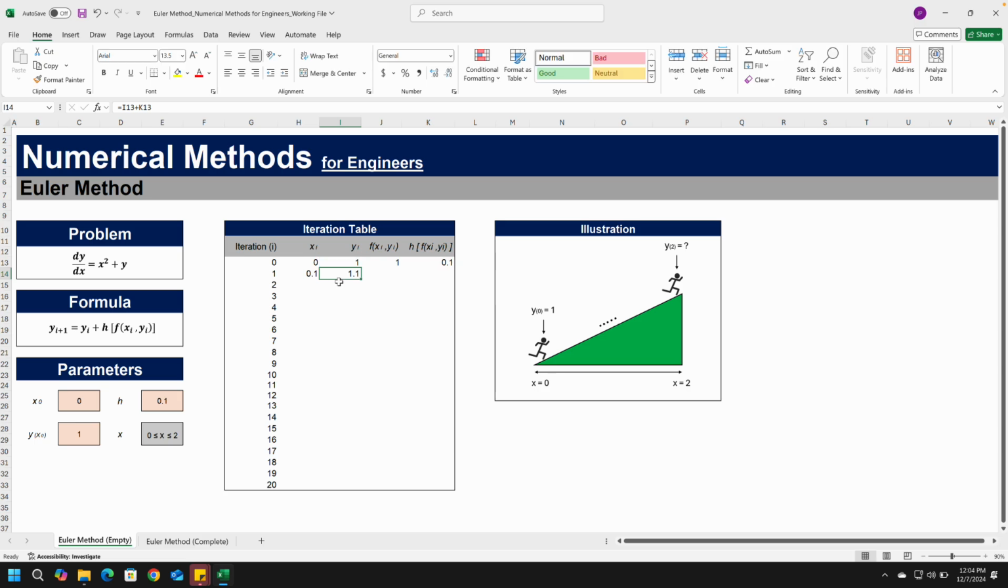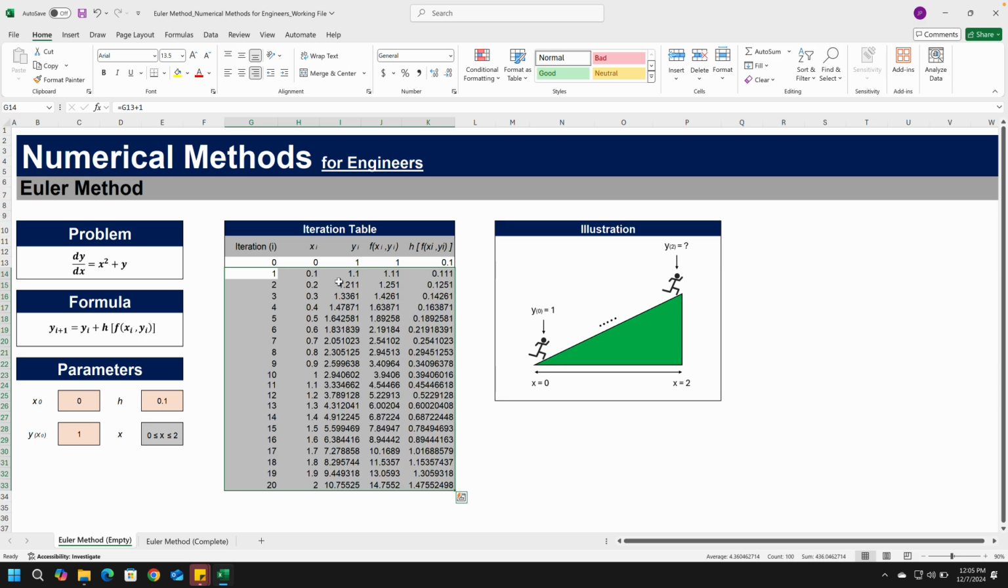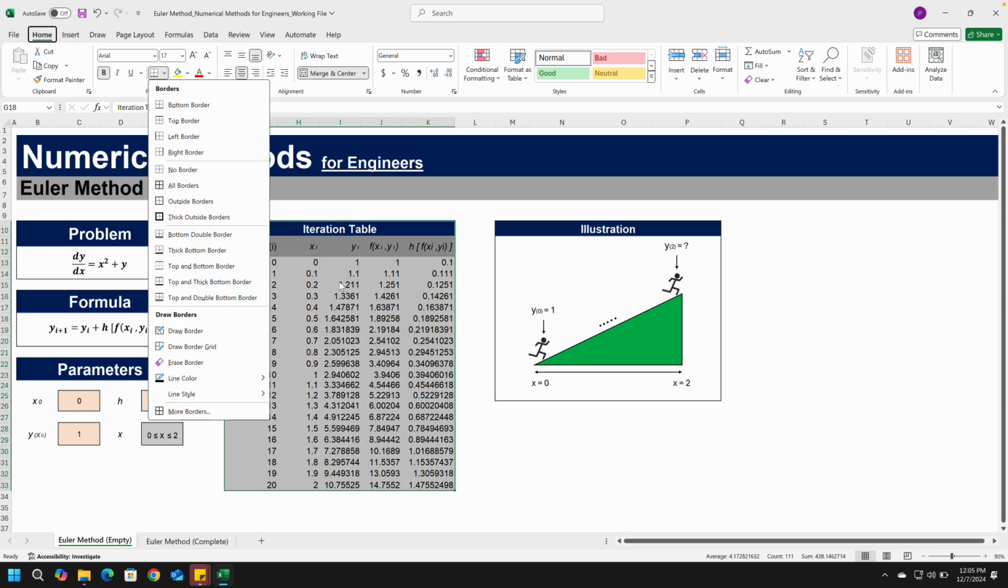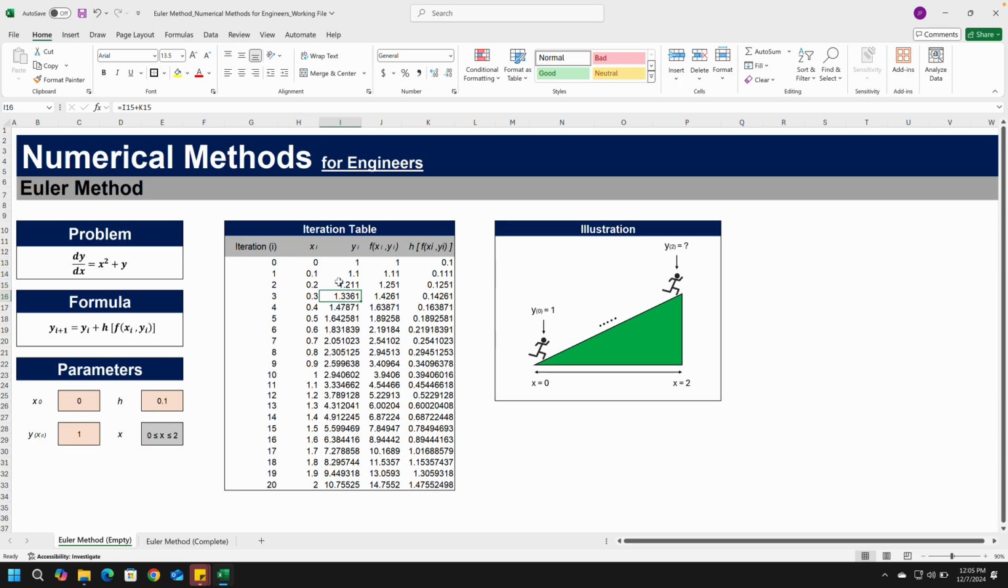So press enter. The rest you can just highlight and copy down here like this, and from here it gets very simple. All you need to do is just highlight everything, highlight it down, and copy and paste like this. Okay, and that is the Euler method right there. And so what we found out is, wait, let me fix this real quick. Okay, what we found out is that at the point of x equals 2, the person is at a height